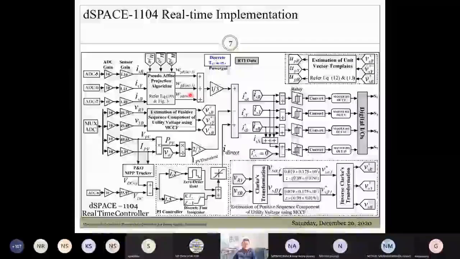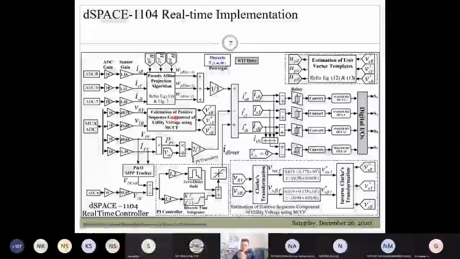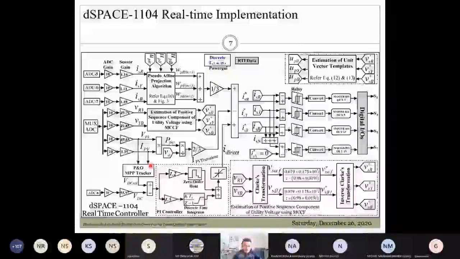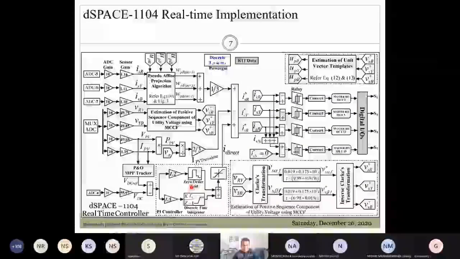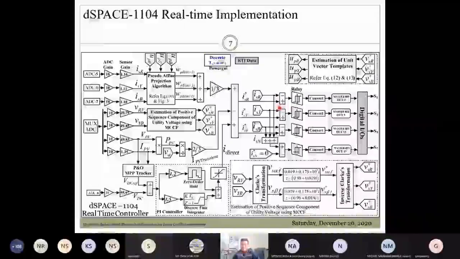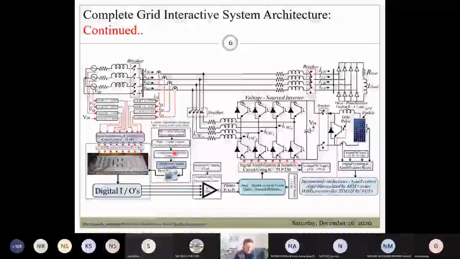Here you can see I have these gains. This is the control algorithm, which I'm going to discuss in a later part of this presentation. Now this is the PI controller that you can implement into a DSpace 1104 or, say, any controller. These 3 signals will be subsequently processed, and the actual and reference grid currents will be compared, which will generate an error that will be processed through the relay, and it will generate the pulses for the IGBTs of the inverter.